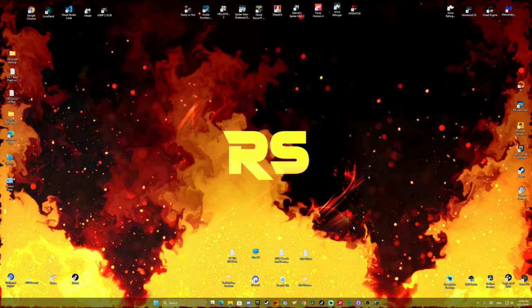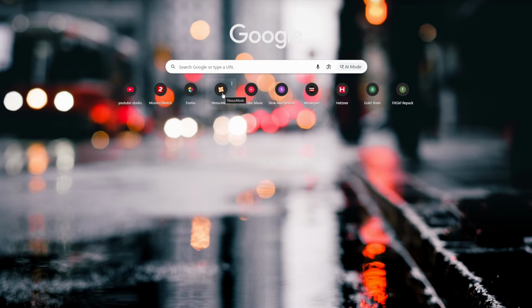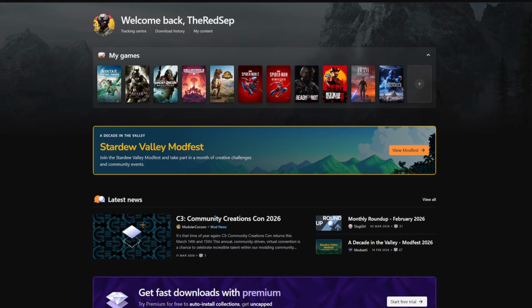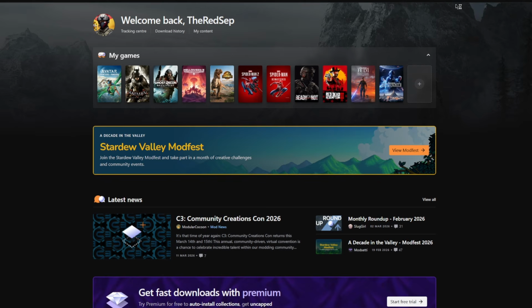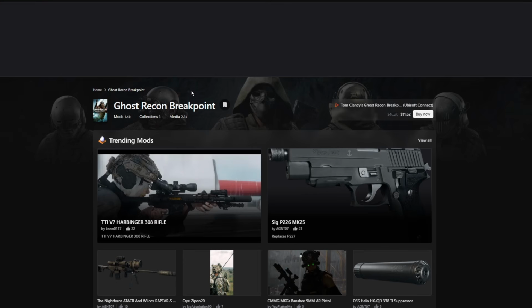First things first, we're gonna go ahead and open up our Google, search for nexusmods.com website. Once we're in this page, we're gonna make sure that we have an account already. If you don't have one, then make sure to create one, otherwise you will not be able to download any mods. Once you're done with that, we're gonna go ahead and search for our Ghost Recon Breakpoint game in the search bar. Once you find it, we're gonna go ahead inside